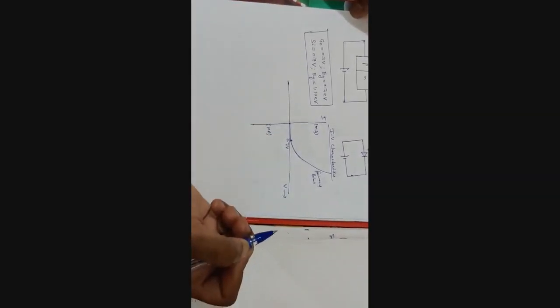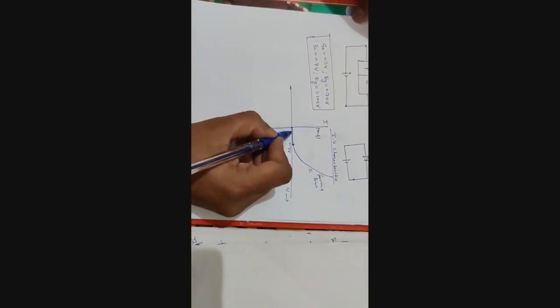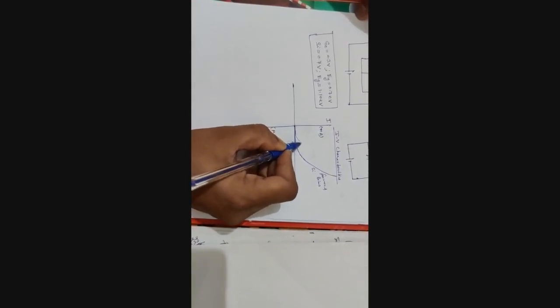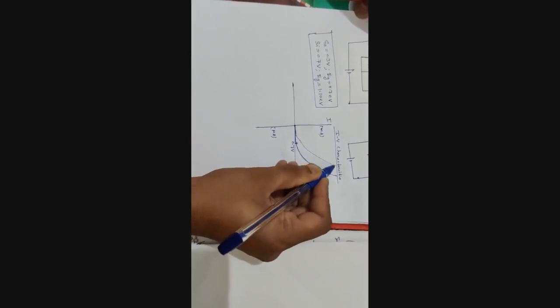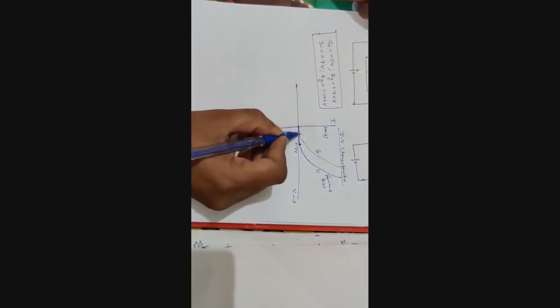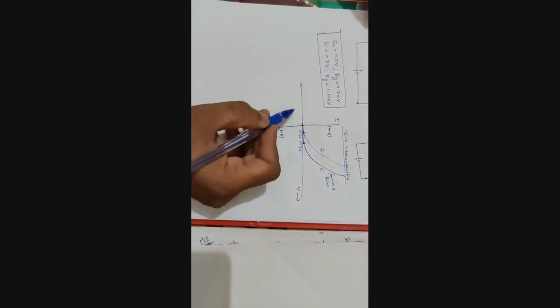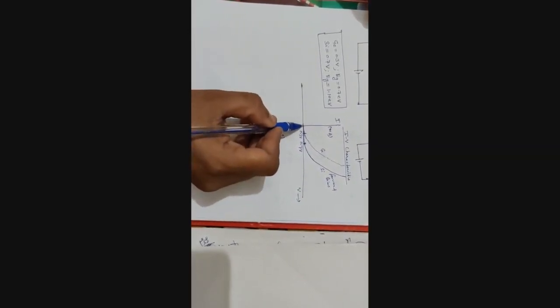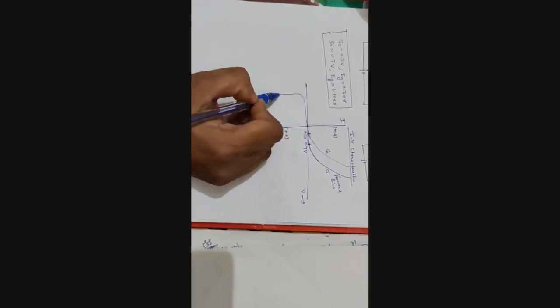0.7 volt, right? This is for the silicon. Similarly, I can take this for germanium, right? So it is around 0.3 where the current starts increasing. Alright, and yes, if you go for the reverse bias, then my curve is like this.